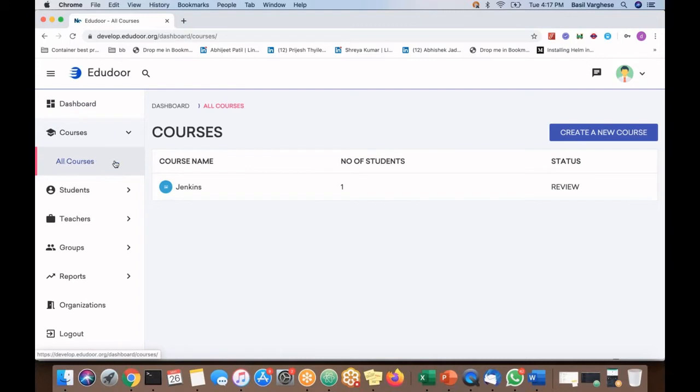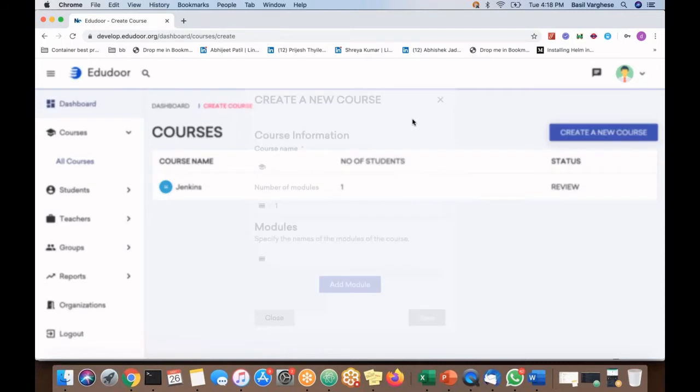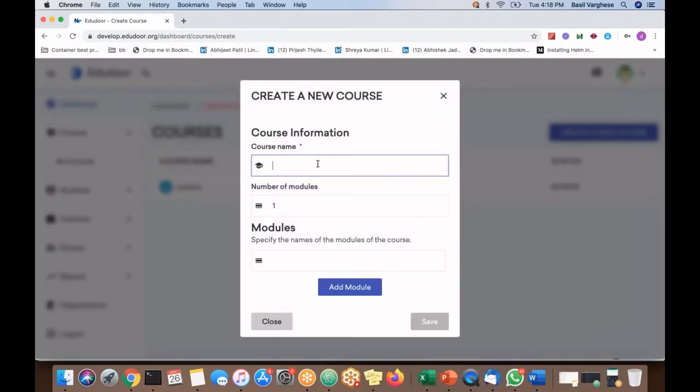If you click on all courses, you can see the list of courses. So when it's a school, there would be a lot of courses, right? Physics for class 10, physics for class 9, right? Chemistry, all their subjects, they can add the engineering subjects, or whatever subjects that they are taking, they can create the courses. So they can just click on this button to create a new course, and they can give the course name,